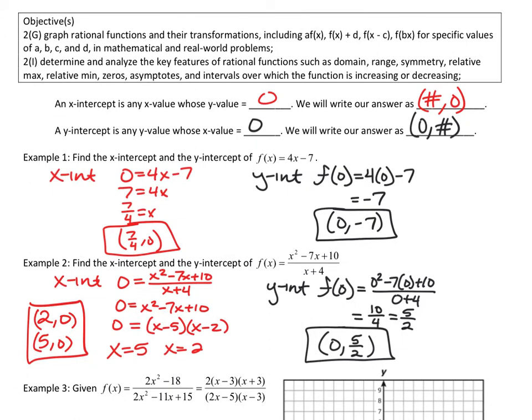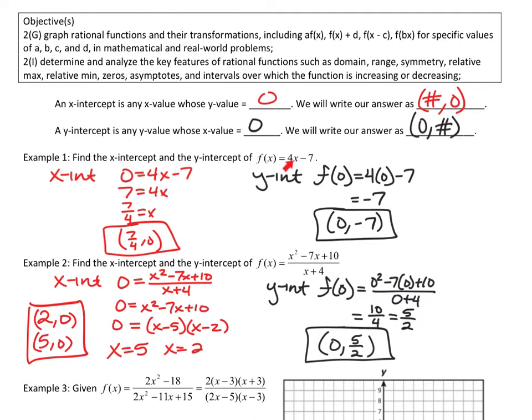Really pretty simple concept, but the way to find an x-intercept is to find any x value whose y value is 0, because the coordinate is some number comma 0. Now a y-intercept is any y value whose x value is 0. Basically plug in a 0, and we're going to get out the y-intercept, the coordinate 0 comma some number. So you can kind of see in these two examples what we have to do to find the x and